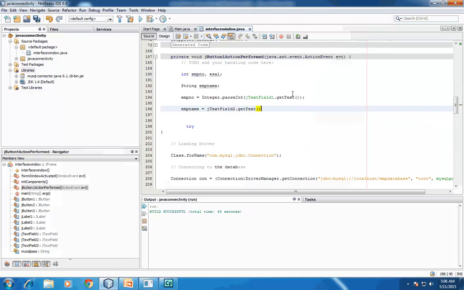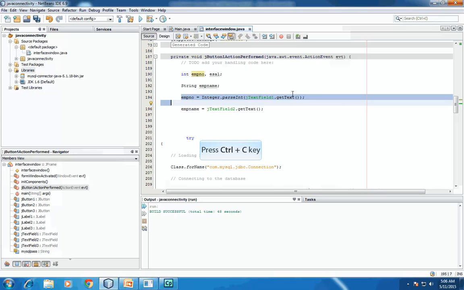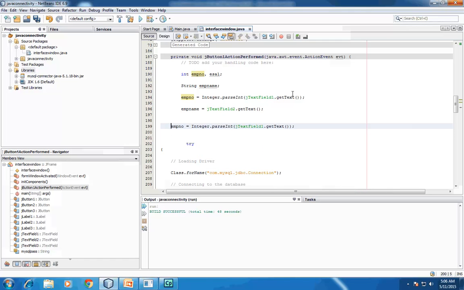Then again, copy the same code, Ctrl+V here, for salary, and then the text field is 3, this. Okay, employee number is showing emp number and ename, salary, and now our work is to insert the